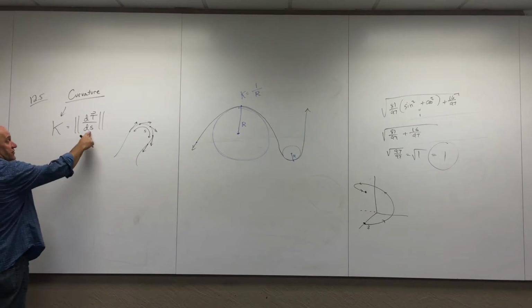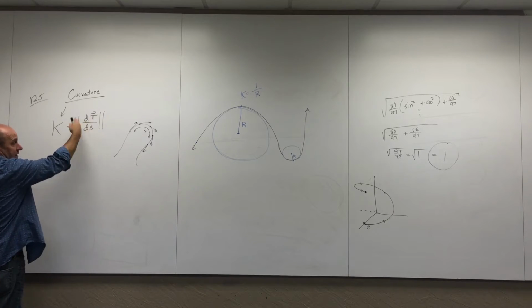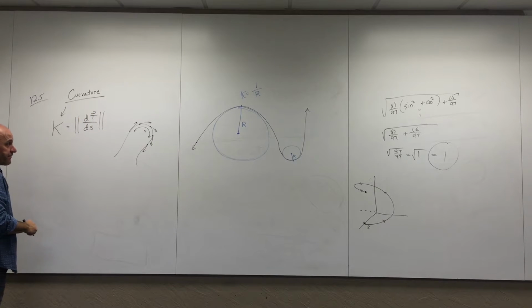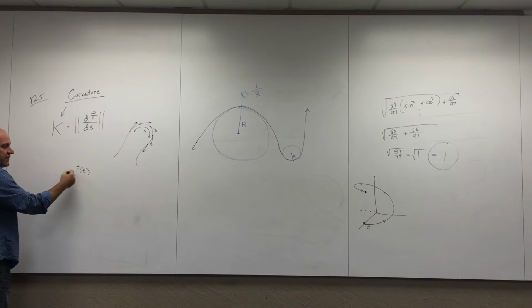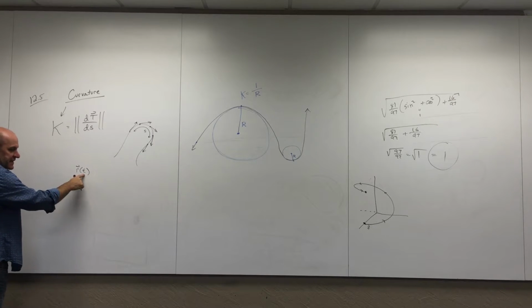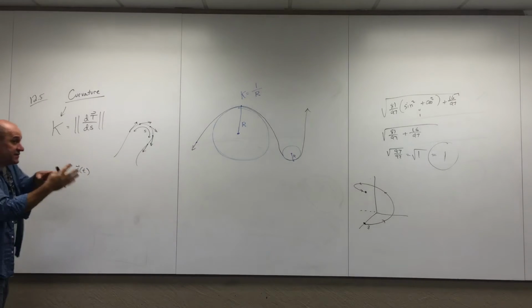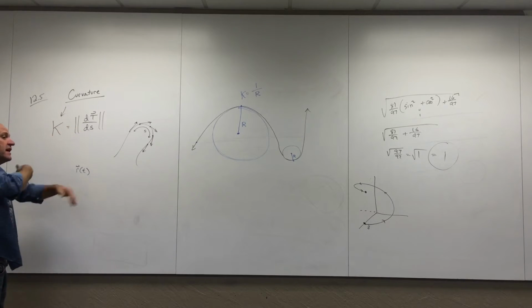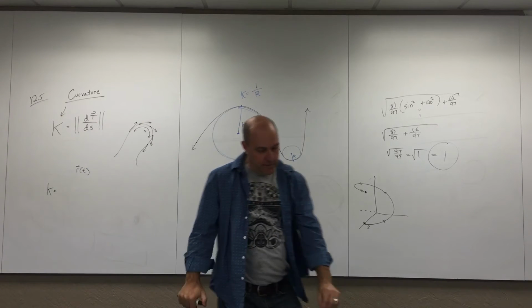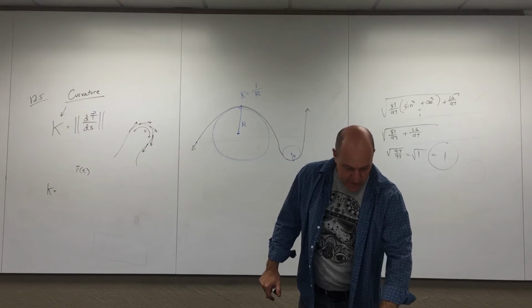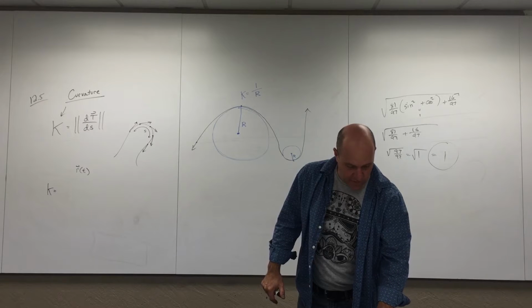vector valued function in terms of s. I would use this formula. But all chapter we've been given our vector valued functions in terms of t. If we want to reparameterize in terms of s, then I could use this, but that's a lot of work. If I'm given it as r of t, there's a formula for that. It probably can be derived out of that, but I'm just going to tell you what it is. I'm at the end of 12.5 where I get all these fancy formulas,